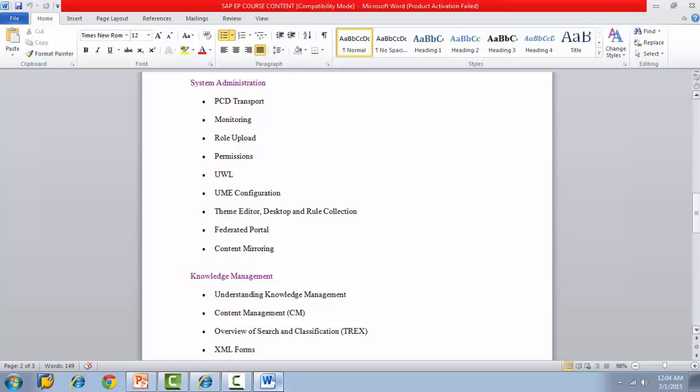In UWL, how to integrate this UWL into workflow, UME configuration, theme editor, desktop and rule collection, federated portal, and how to integrate with other SAP portals by using the federated portal, content mirroring, how to copy and paste that content,